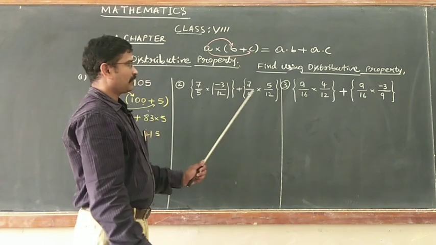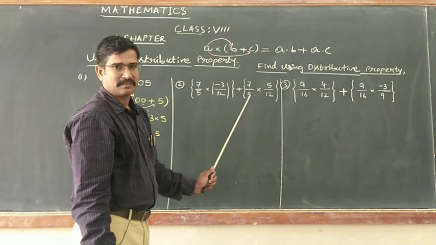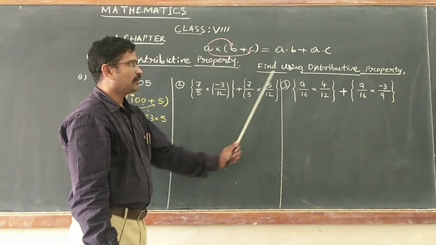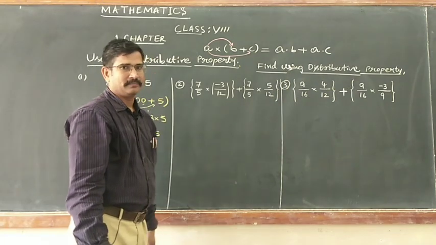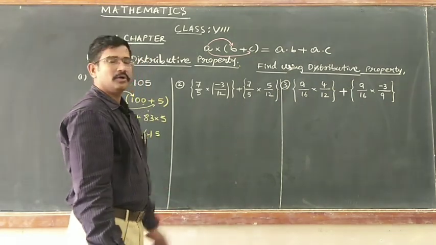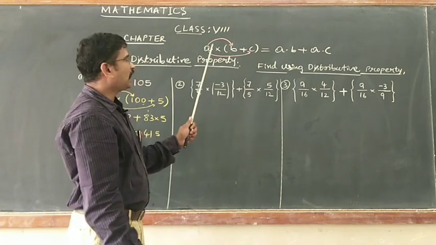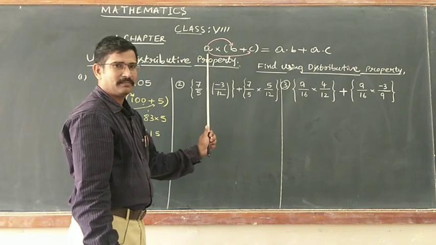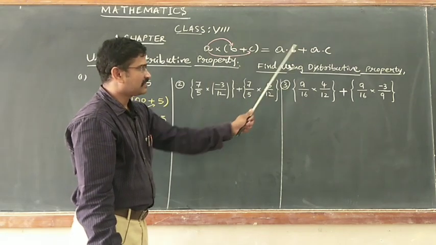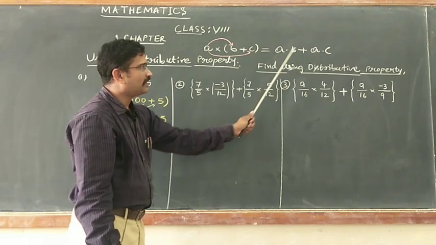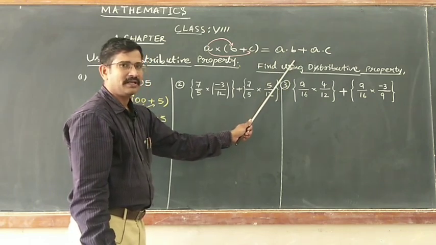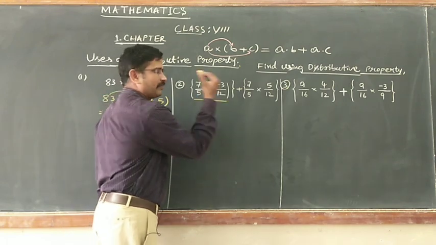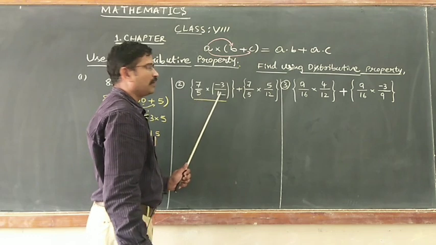like this, giving this kind of a simplification and asking you to find the value of it using distributive property. Here you have to observe, similarly, do I have same anywhere? If it is given like this, we can multiply by distributing. If it is given like this, do we have anything as a common rational number so that it can be taken out? That is what we are observing. Here 7 by 5 into minus 3 by 12